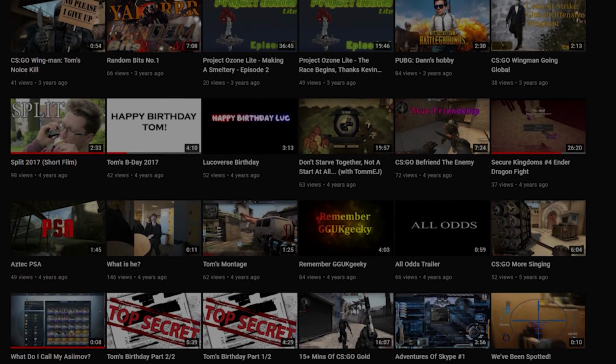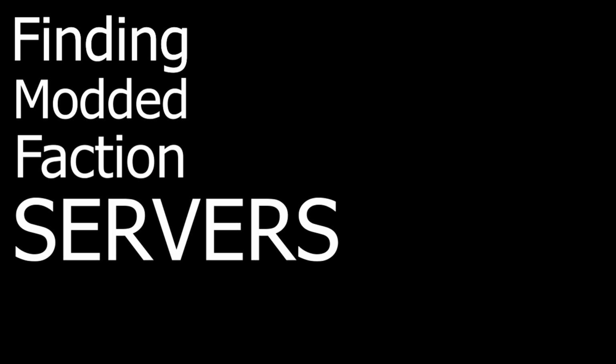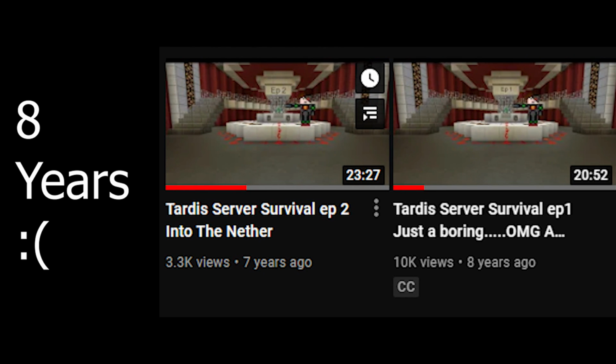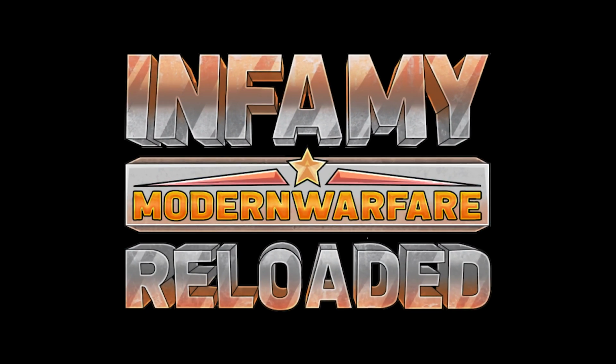While you're making some new content, you realize modded factions are back. Oh my god, your Google method has actually worked for once. You found a new modded faction server to play on. It only took, what, like 7 years? Yeah, about 7 years. Anyway, when you find this modded faction server, probably called Infamy Modern Warfare Reloaded, you pop on the server